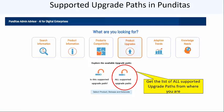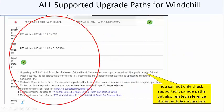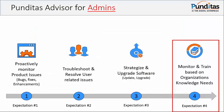Now, you can also get the list of all supported upgrade paths, so you can find out how to go from where you are to where you want to be. And this is where you can say, I am at 11.0 and 30, and show me all the available upgrade paths. And you would get all of the caveats as stated by PTC, and you can not only check the supported upgrade paths, but also all of the related reference documents and discussions within the context of the upgrade that you're planning. So with that said, I've covered the first 3 use cases, or the first 3 expectations, of the admins,